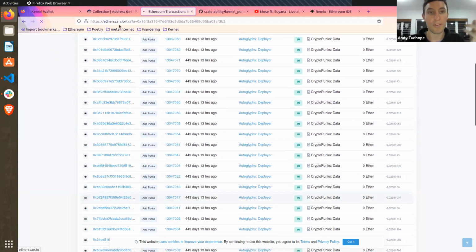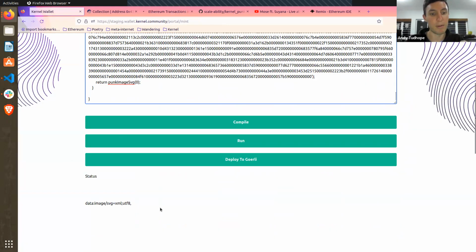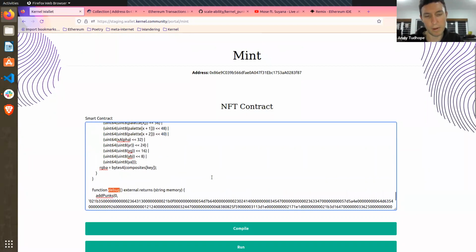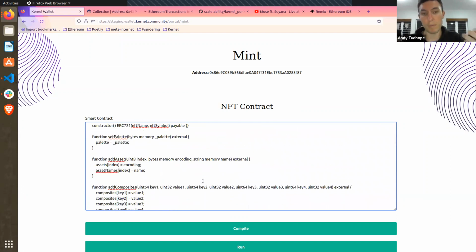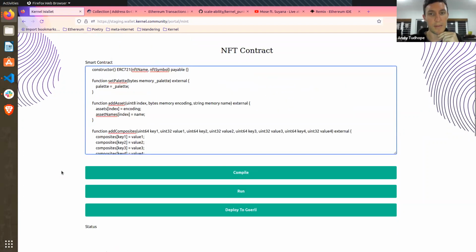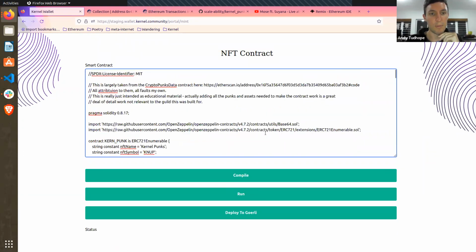So in order to get this contract to work fully and actually render an image here, we need to add all of the assets and add all of the punks, which was a little bit more involved than I had time to, and which I'm not sure you could do in this kind of environment. But I wanted to show that at least you can compile and reason about these contracts, test them in this environment, and begin to play around not just with hello kernel token number 10, or even fancy backgrounds, or even loogies, or even really incredible trippy paintings, but some of the iconic images of the culture as it stands at the moment, and hopefully help